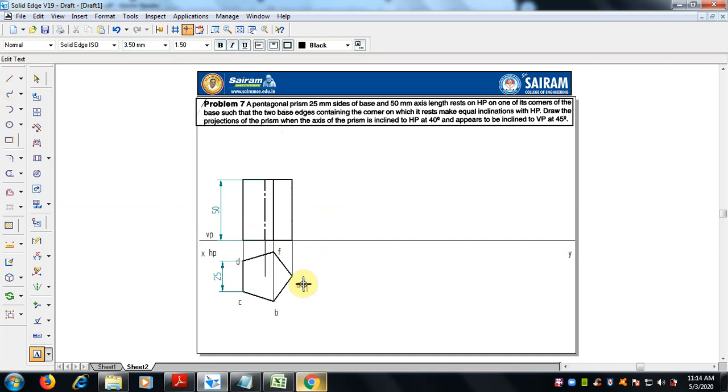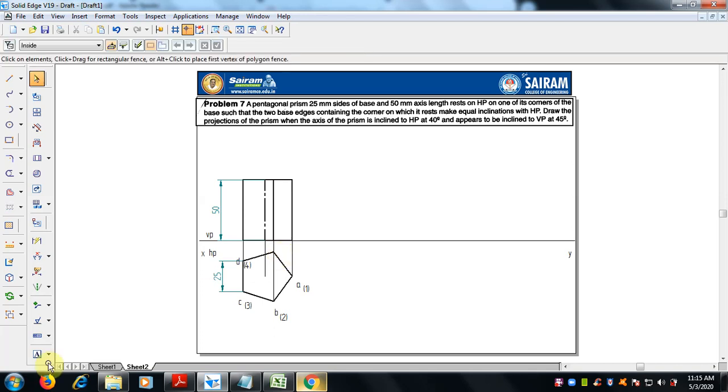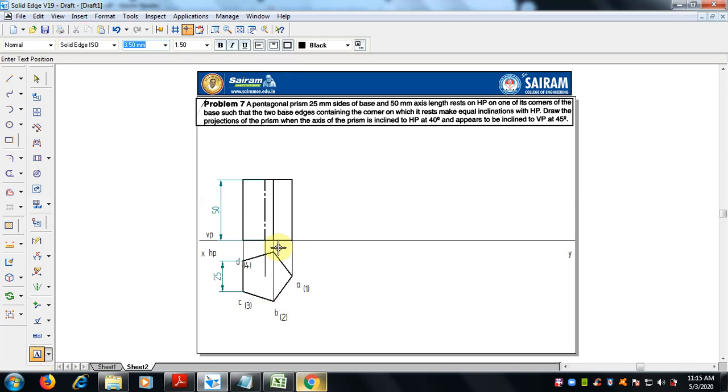In brackets I will put A with 1, B is connected with 2, C with 3, D with 4, E with 5.